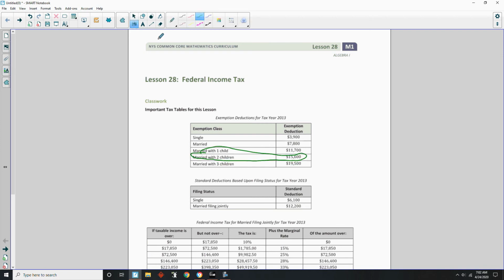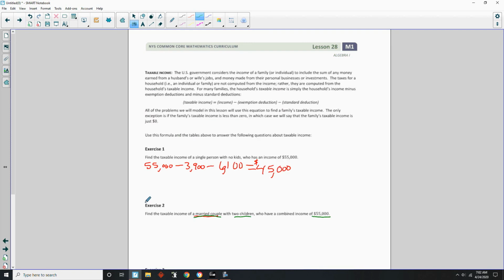Okay, and we're going to be married, filing jointly. So we're going to use 15,600 and 12,200, and they're making 55,000. So we're going to take that $55,000,